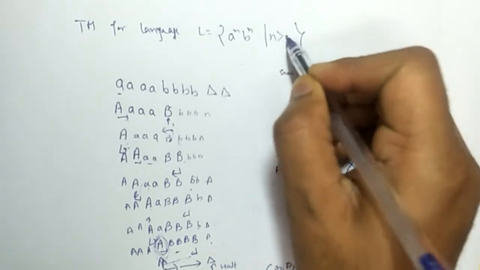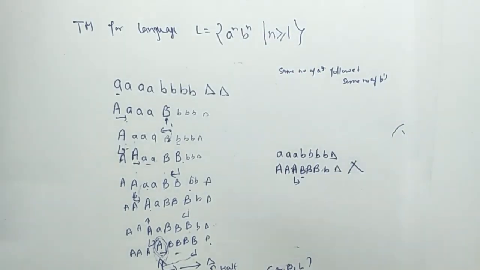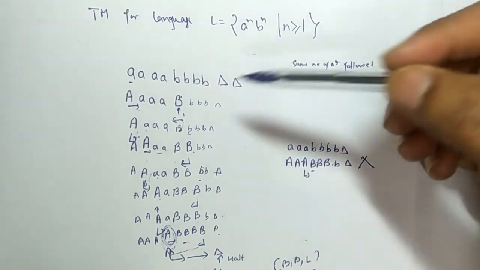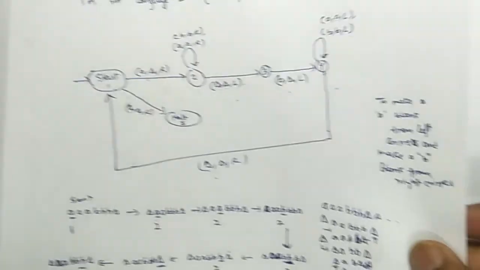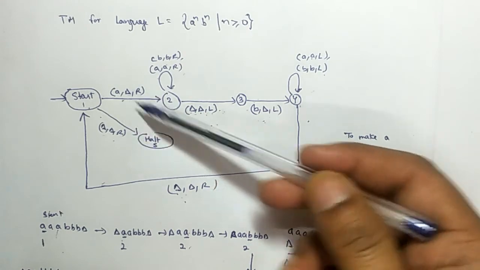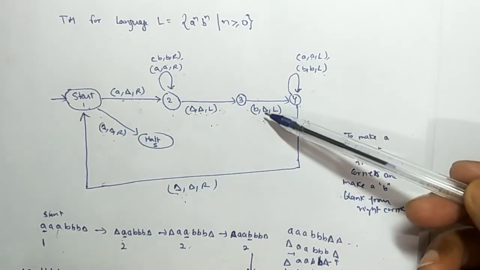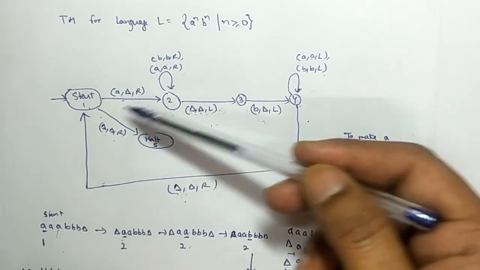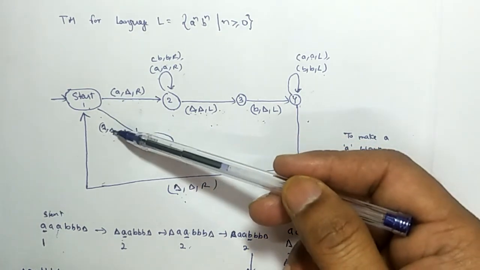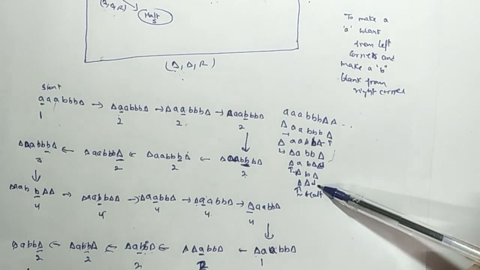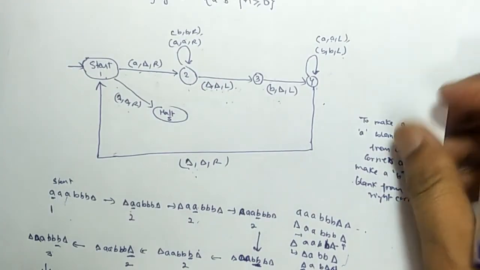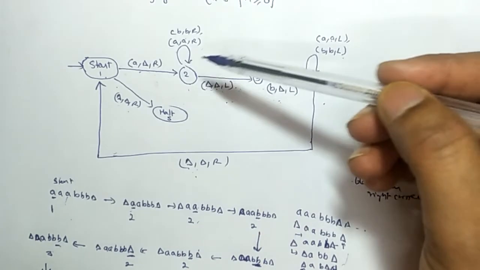So it is for n greater than or equal to 1. And here we change the strategy. We are not making blank, because when you design the Turing machine by converting the corners into blank, the first a and the last b to blank, you will get blank at the end. From the start, by getting blank, you will reach the final state. When you change everything into blank, you will get blank to the right of blank and reach the halt state. But here you are not ensuring that there is at minimum one a and one b.